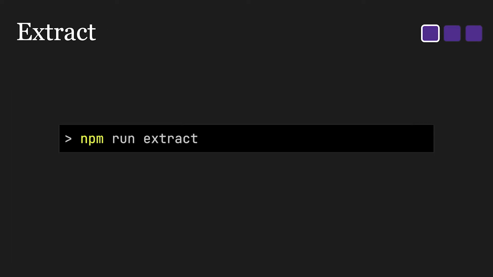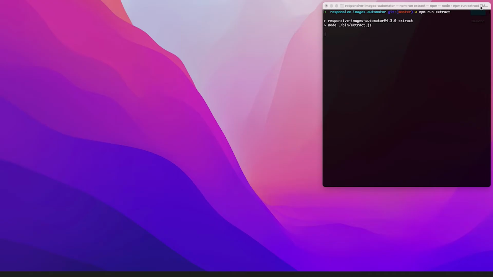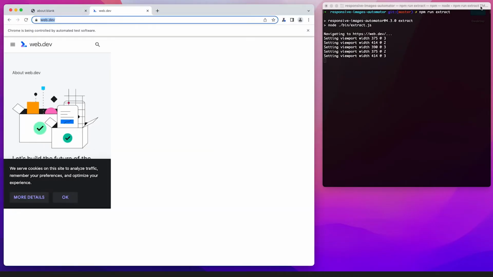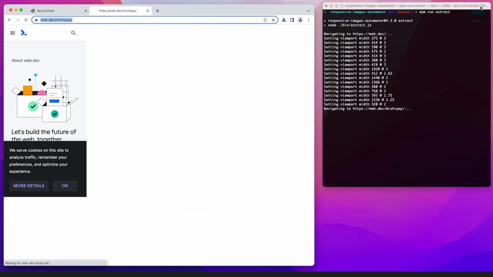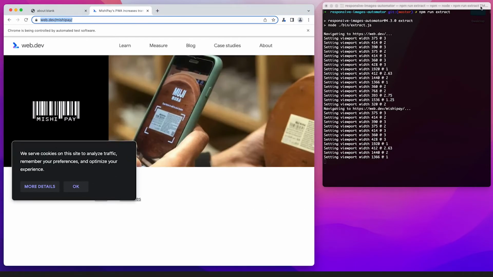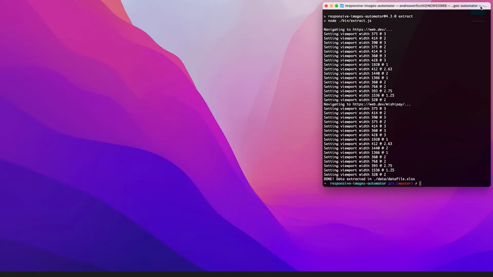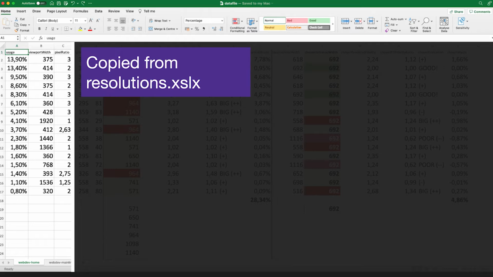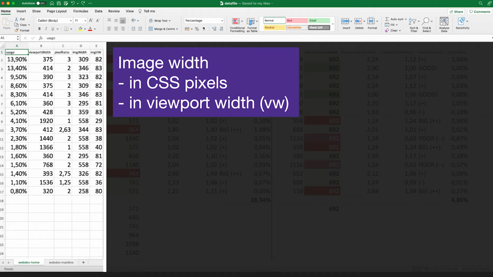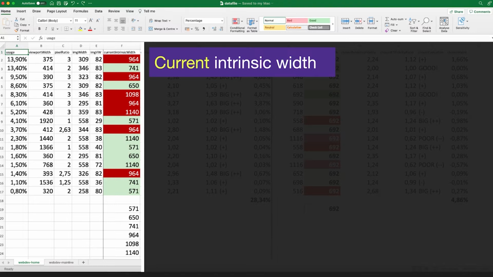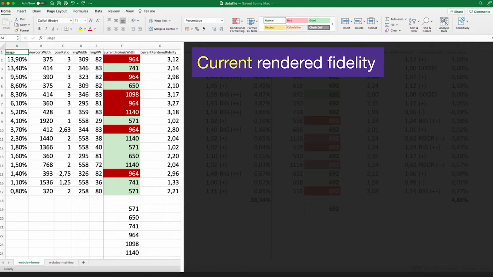Then we run the command npm run extract and see what happens. It opens a web browser, navigates to the provided URLs, analyzes the images provided at every resolution, and produces an Excel data file. The data file has 3 columns here, copied from resolutions.xls, the image width, both in CSS pixels and in the viewport width unit, the current intrinsic width, which is the width of the image downloaded at the given resolution, the currently rendered fidelity of that image, meaning how many actual pixels there are in the image